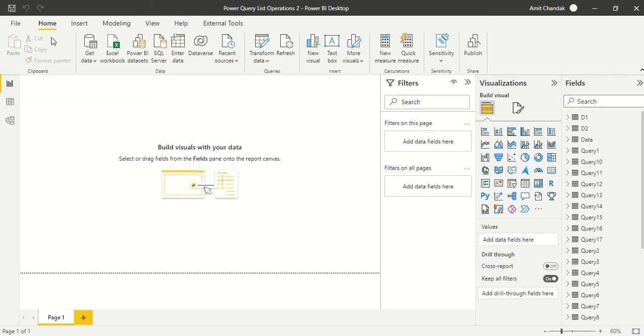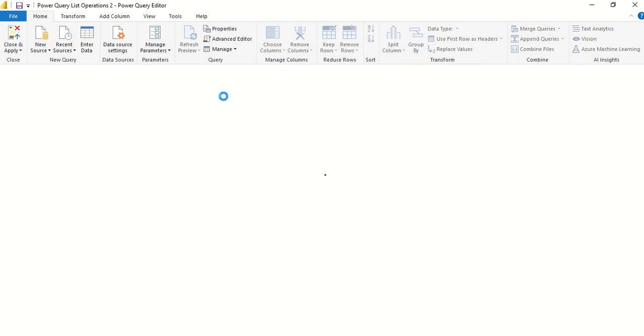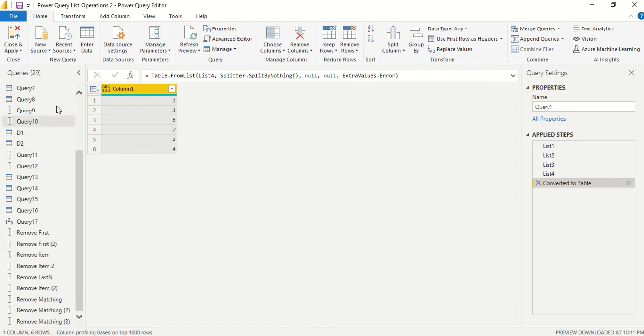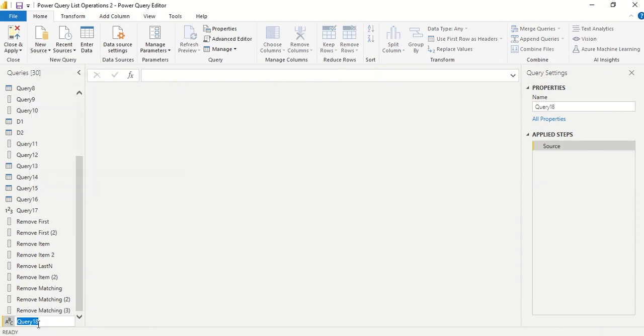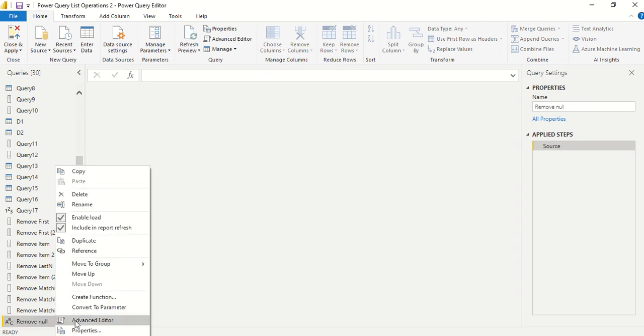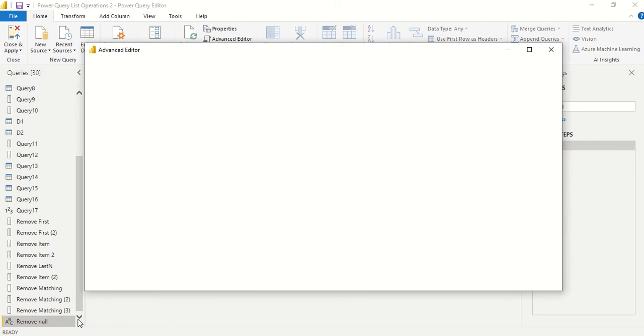We want to go to Power Query. So under the Home tab you have Transform data, and you will reach Power Query. Now once we reach Power Query, we would like to create a list and then do that operation. So let's create a list using New Source, Blank Query. We can rename this blank query as remove null, and let's right click on that and say Advanced Editor, and